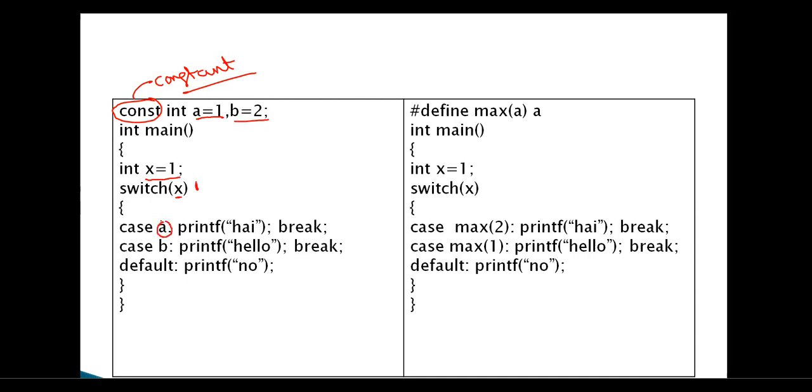Now, case a. Actually, the same logic. So a is to be replaced with 1, b is to be replaced with 2. That is generally our assumption. But is it possible? No. Why? The same: the case labels do not reduce to an integer constant. That is, in the labels, whenever a variable comes, the variable is not replaced with its value. So again, for this program, the output is an error.